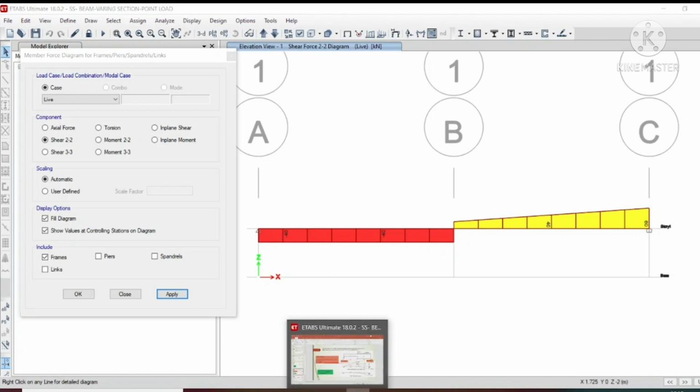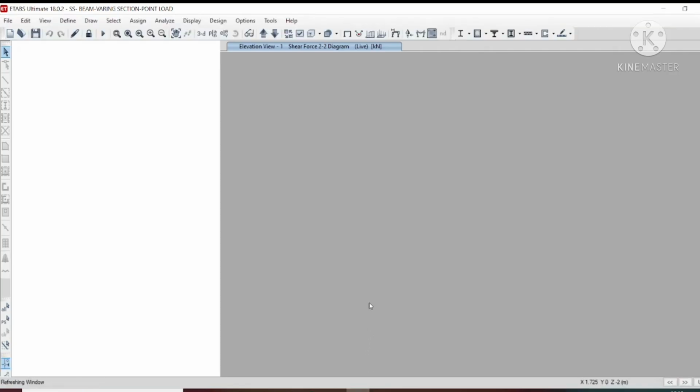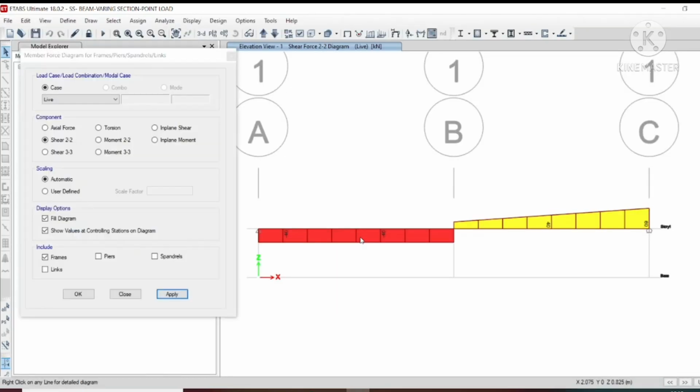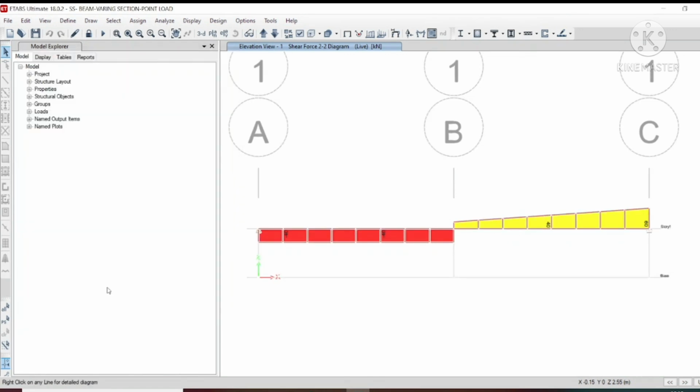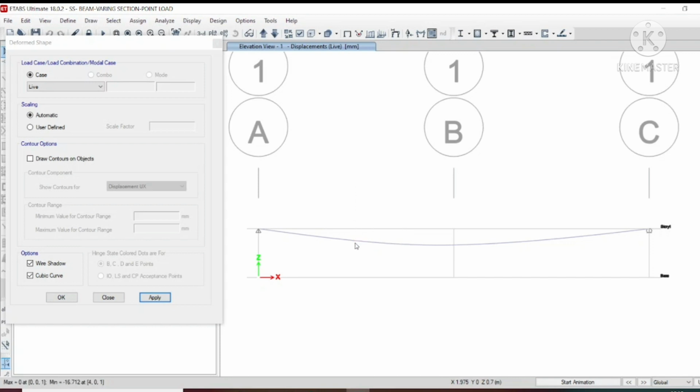Since for analysis purposes we are splitting this, in a real case we don't have to split this, so it will be a combined bending moment that we received here. And not only for a single point, wherever you need the displacement you can get it, which is the advantage of software. With a single click you can find the deflection at whatever distance you want.